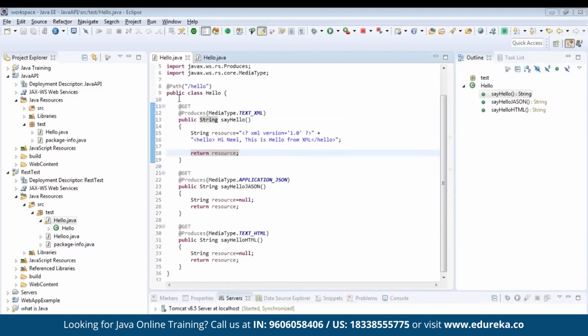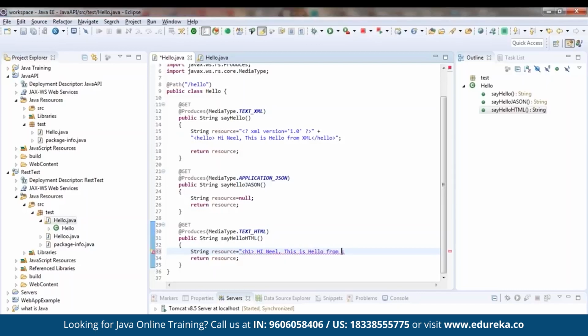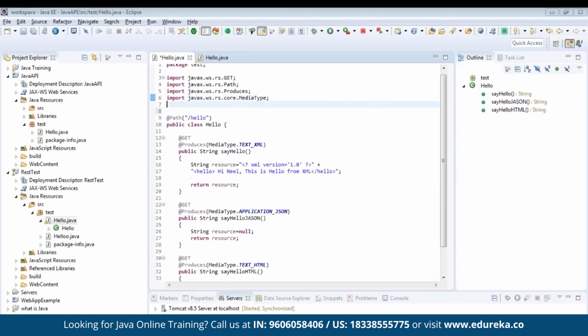Now apart from the XML, let me just modify the HTML part as well. I'll change this to, let's say, h1 hi Neil, this is hello from HTML, and then end the code. Now the final step that you need to complete with respect to your code is you need to import two more application files. Okay, so let's say import